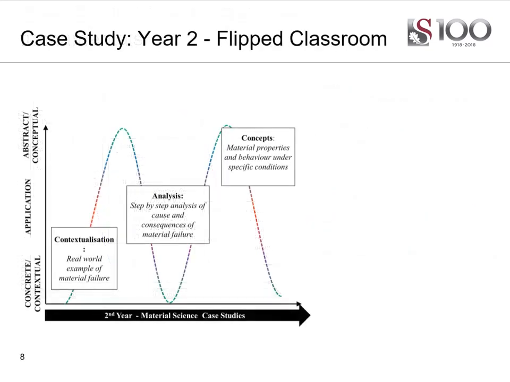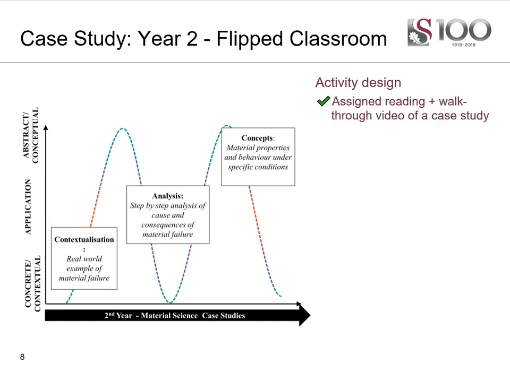In our second case study, we start at the bottom of the wave with a flipped classroom case study assignment for a second-year material science course for mechanical, mechatronic, and industrial engineering students. The challenge in this syllabus is to avoid siloed learning in the face of the broad and dense syllabus. Lecturers use a case study of failure analysis in order to pull various theoretical concepts and procedural analysis techniques together